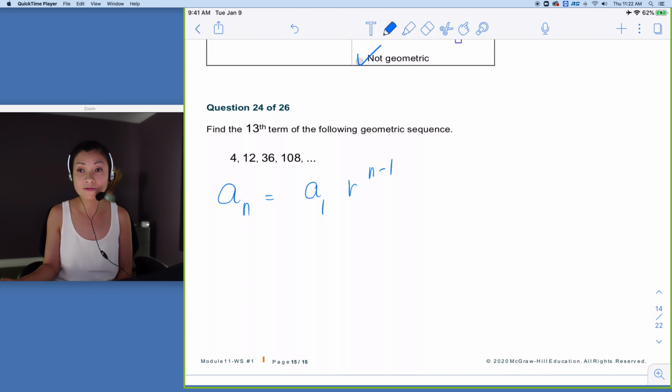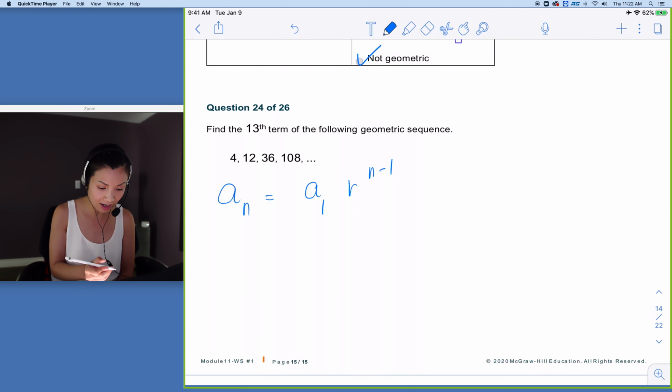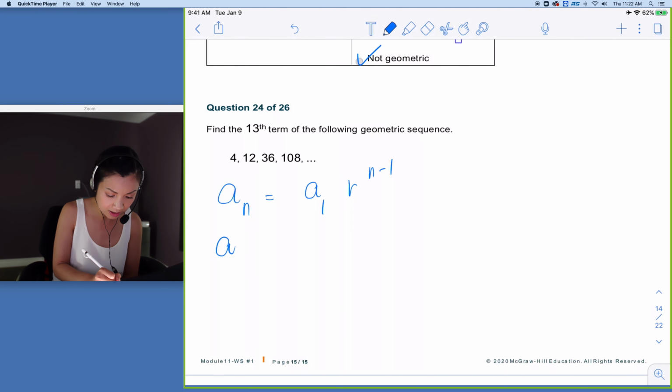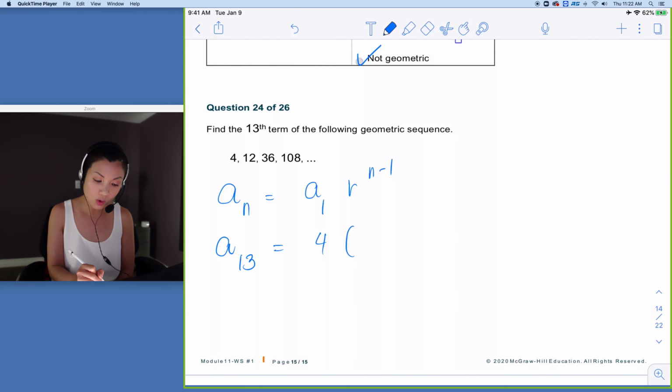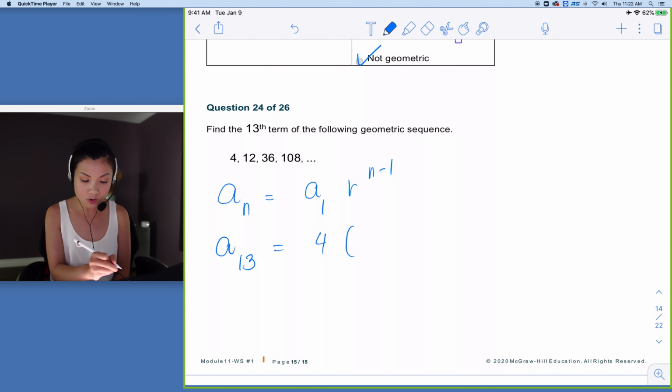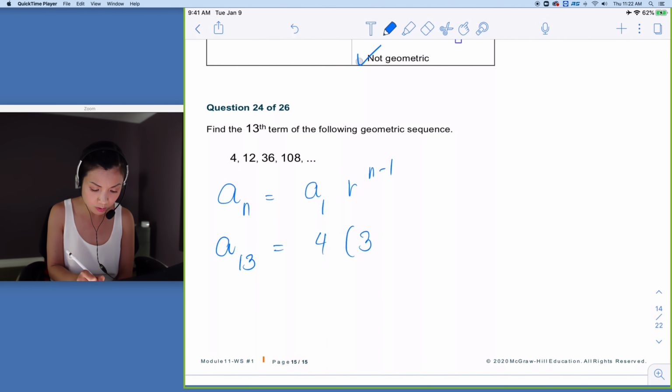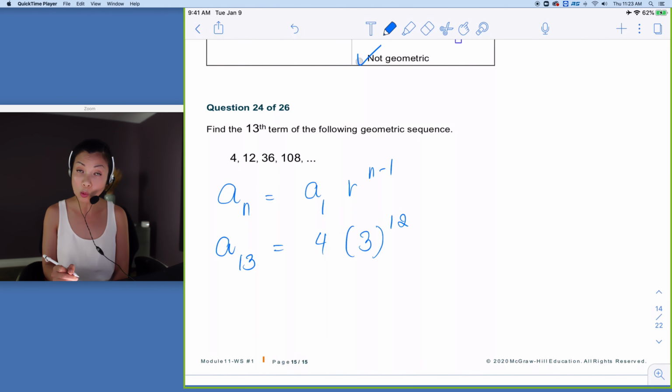So to find the next term, I just have to do exactly like I did before. Plug in the numbers. I have a_1 is 4. And what is r in this case? If you see I multiply by 3, I'm going to get the next term. So r should be 3. And we have 13 minus 1, so that's 12. So using the calculator,